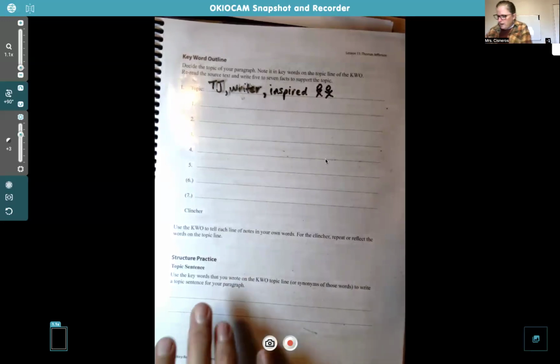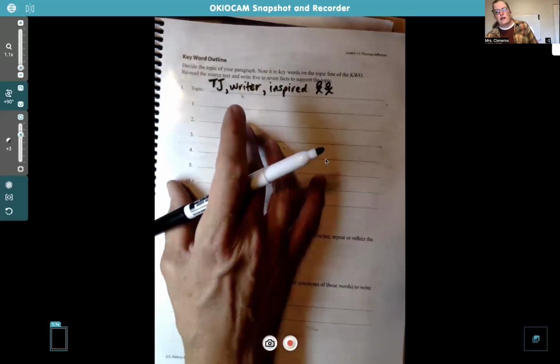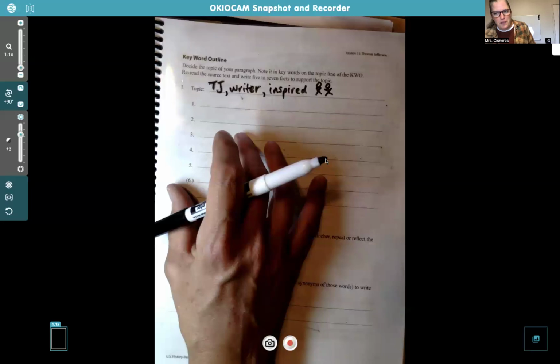And I'm looking at, if you look back on this page 102, about partway down there, it's a little less than halfway down, the writing. His writings inspired many people in America's fight for independence. So his writing inspired people. He probably was inspired by them too. It probably went both ways, honestly.